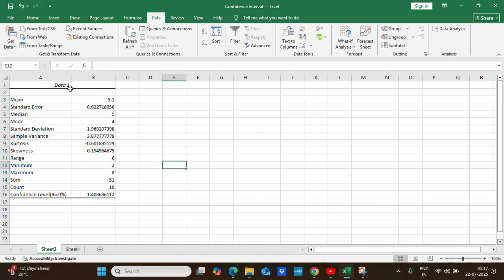So here for our data, we can see the descriptive statistics result: mean, standard error, median, mode, standard deviation, sample variance, kurtosis, skewness, range, minimum value, maximum value, sum, count, and in the last row it is confidence level 95%. Now this is giving a single value, it is not giving the upper or the lower level. To find the upper and lower level,